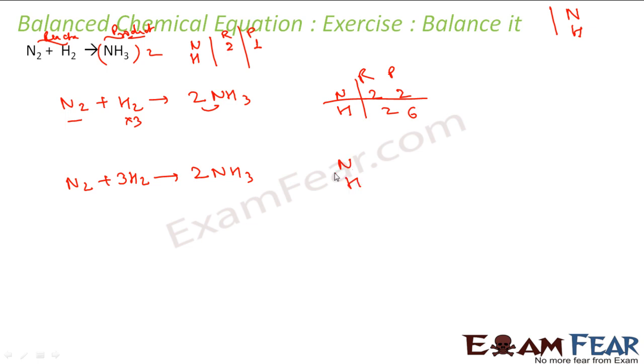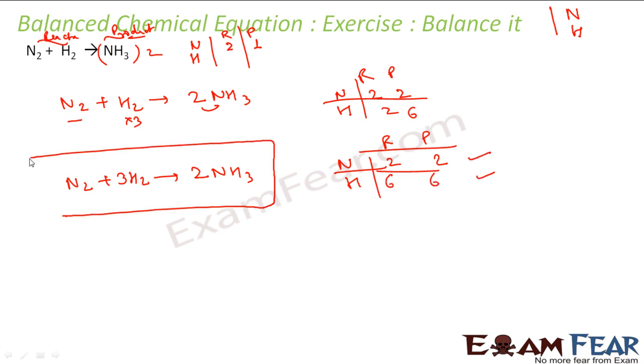Now let's see if it is balanced. Nitrogen, hydrogen, reactant, product. So nitrogen, how many? 2. Hydrogen, how many? Nitrogen here 2. Hydrogen, we'll see reactant 6. Product, how many hydrogen? 6. So if you see that they are balanced. So this is my balanced chemical equation. So what I have done is, if you note, first thing I did was I found is there any